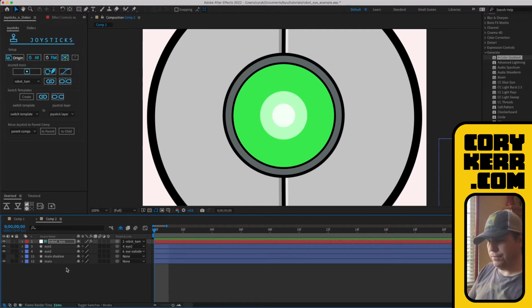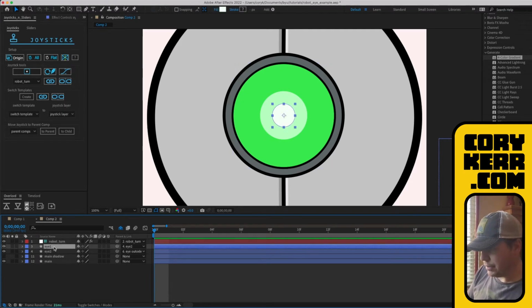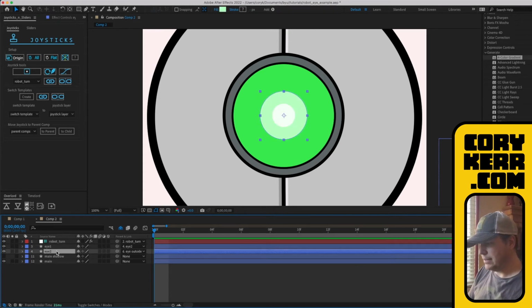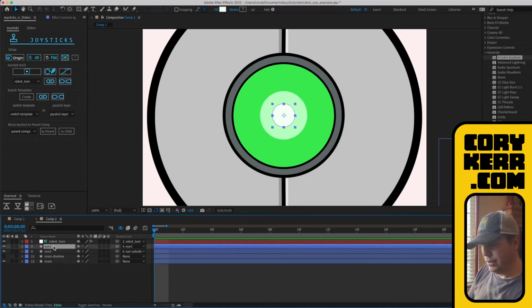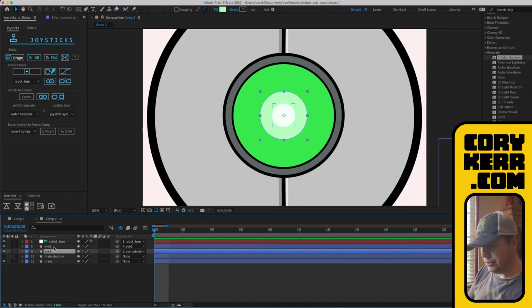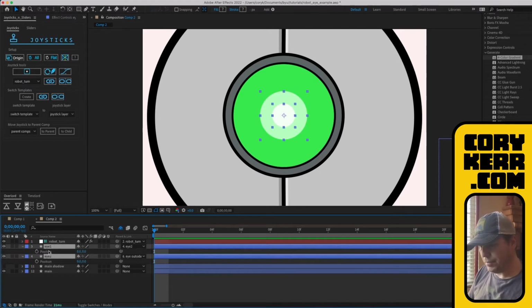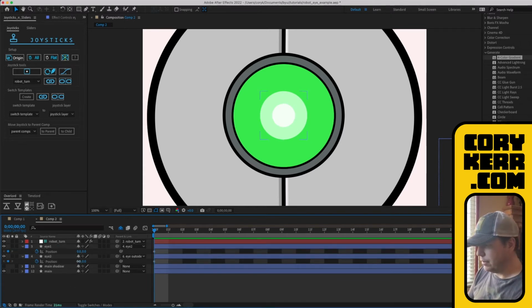And that's great. Okay, so I'm going to grab, that's the middle one, I1. That's the outside one, I2. Okay, so I1 is linked to I2. So I'm going to grab both of these, hit P for position. I'm going to go back home, right? If I need to zoom in, I can press plus to see all those keyframes. I need the first 5 keyframes. I'm going to turn position on there. Okay, and then I'm going to move it over.